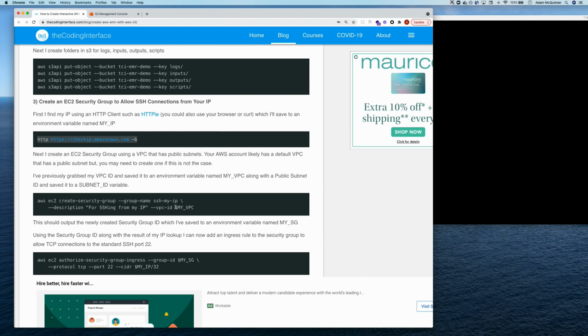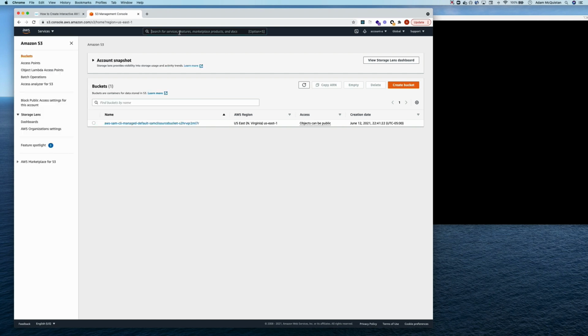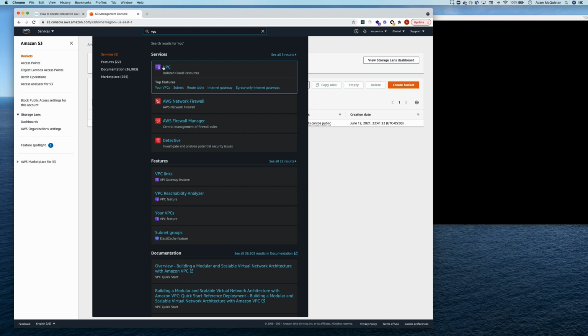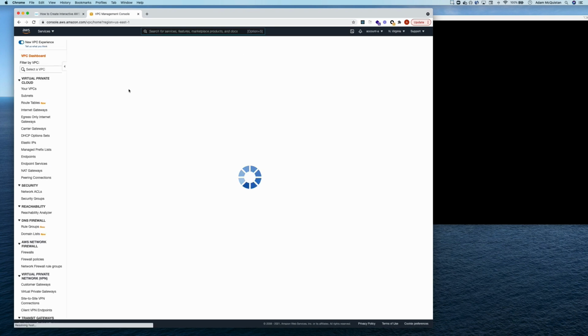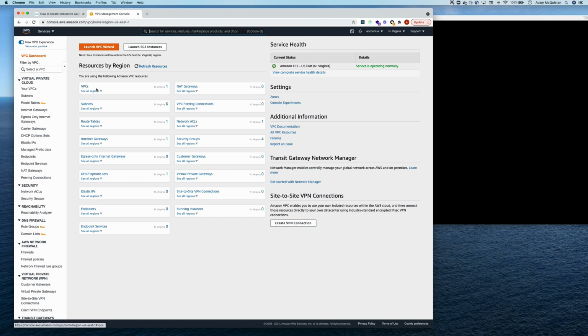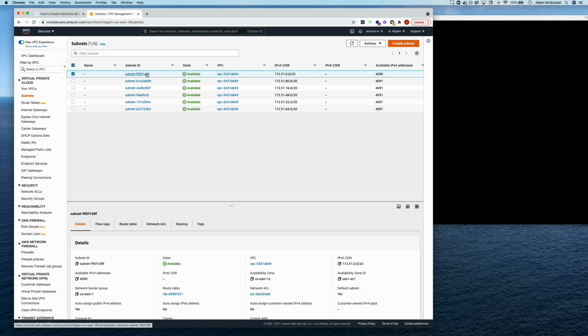so that I can use it later. And then I also want my VPC ID to create a security group for this SSH security group that's specific to a specific VPC. And in order to SSH onto an EC2 instance of my Hadoop cluster, I need it to have a subnet that's publicly available. So for the last several years, every AWS account comes with what's known as a default VPC that has public subnets. So if you have just a standard run-of-the-mill AWS account